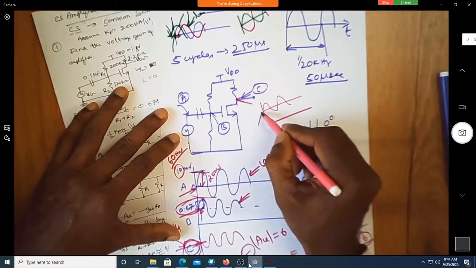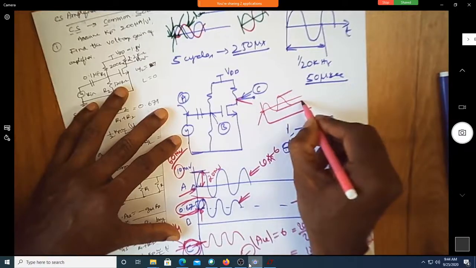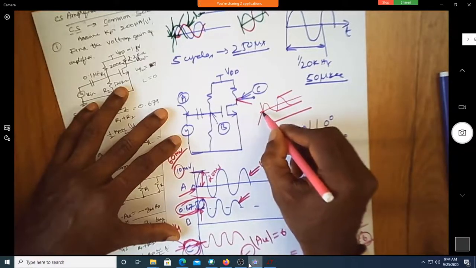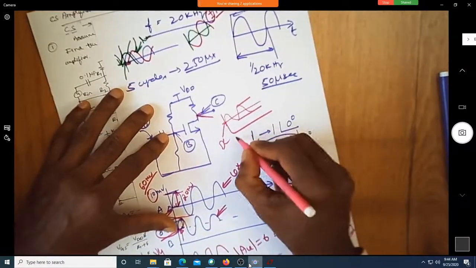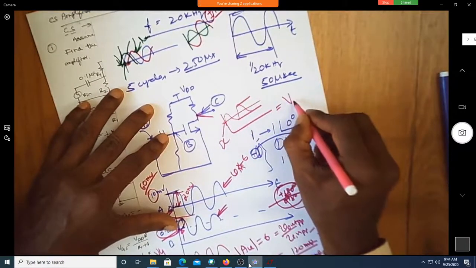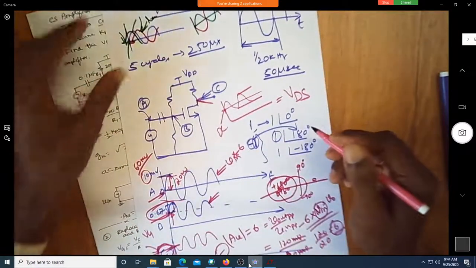No. What is this DC voltage? I'm asking you, what is this DC voltage? We know the peak to peak of this. I'm looking at what voltage it will swing. So what is this DC voltage? Is this DC voltage equal to the VDS? This one, sir.